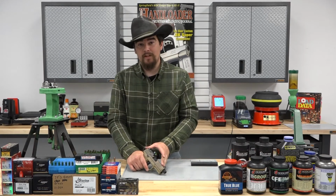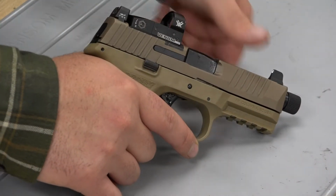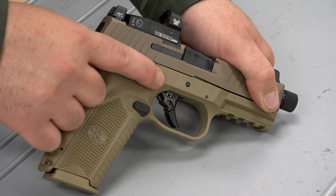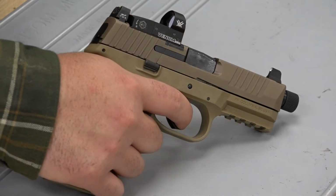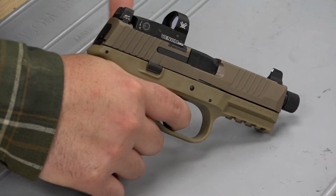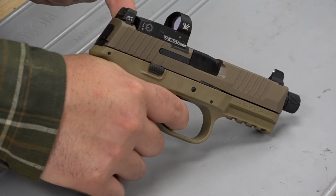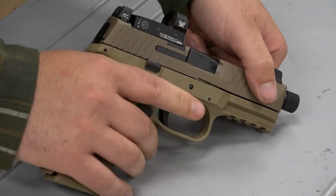The reason why FN claims this is a double action operation pistol here is because the system they use internally for the trigger mechanism is a partially pre-cocked double action only striker system, whereby pulling the trigger first completes the process of cocking the striker, disengaging the striker block, which we'll show you here in a minute, and from there, once the striker block is released, the striker can impact the primer and the cartridge and fire the handgun. So with that said,